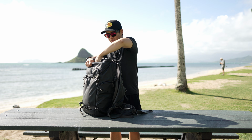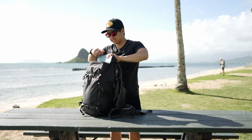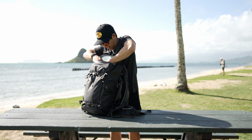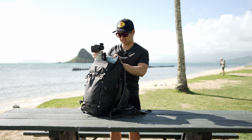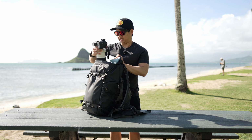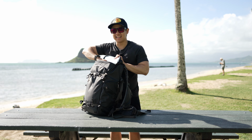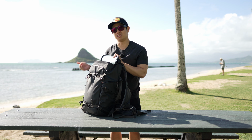Kind of open it up all the way. You have to really yank back all that rest of that extra fabric, and then you can access your camera gear, but it's a little bit more awkward because you have less space to pull your camera gear out of. So as you can tell, again, it's not the nicest process to quickly access your camera gear in the Action